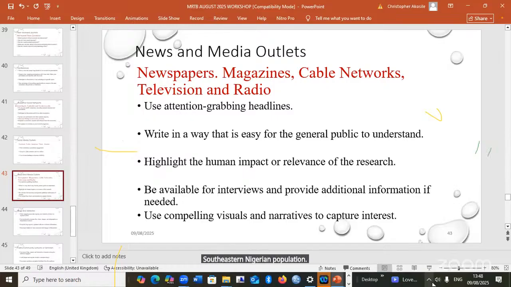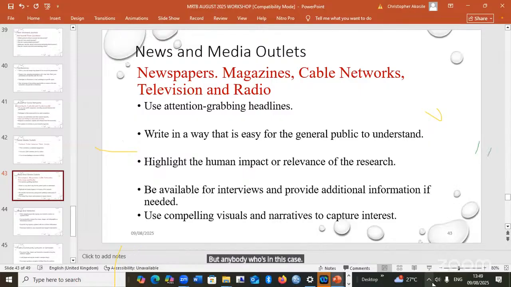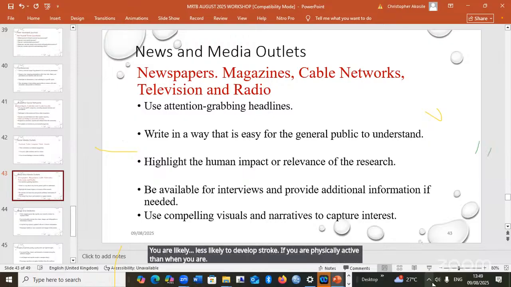What you have found out is that the number of people who have stroke was lower among those who are physically active compared to those who are physically inactive. But anybody who says physical activity leads to, we want to say, how does it? And so they come in and then they find out that, okay, you are less likely to develop stroke if you are physically active than when you are physically inactive.